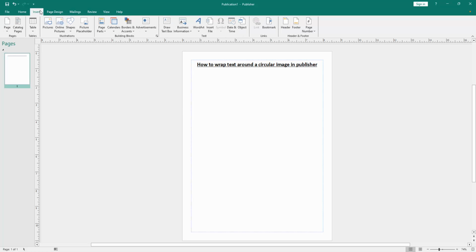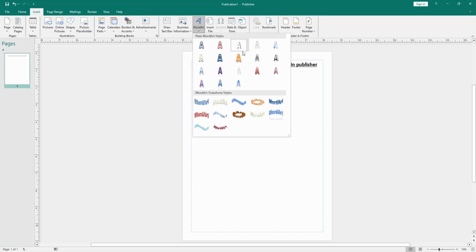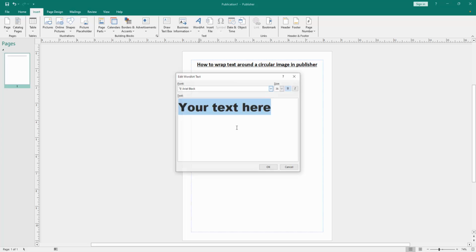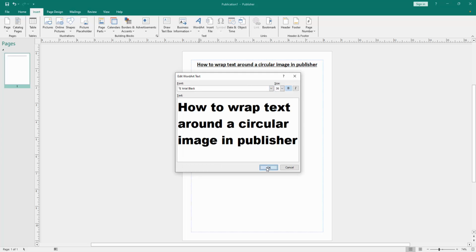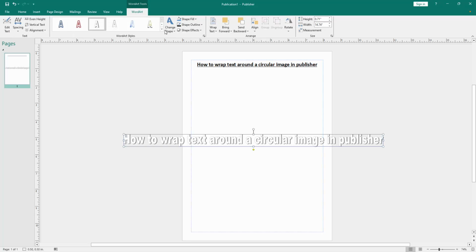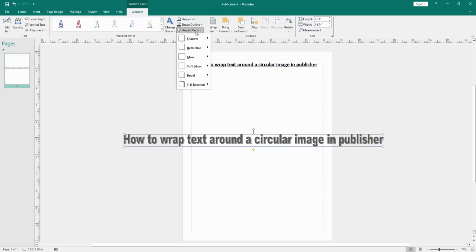Go to the Insert menu, then click the word art option and choose any word art. Now I select the word art, then write anything. Now I write our title, then click OK. Then select the word art and click shape fill. Choose the black color. Then go to the shape effect and